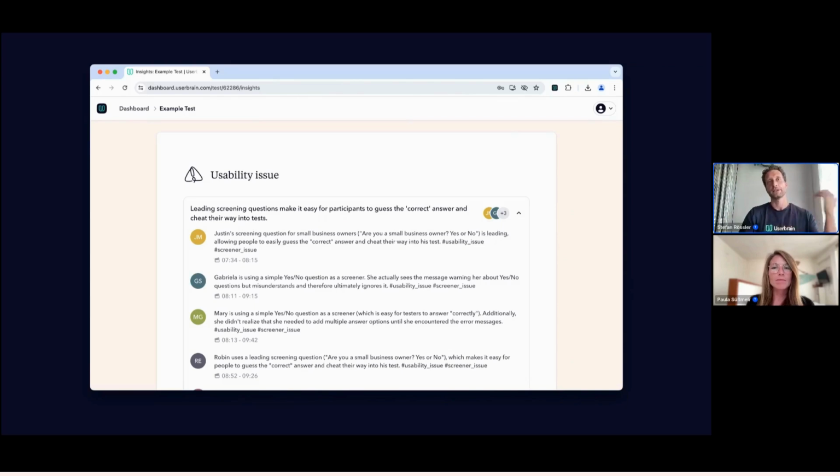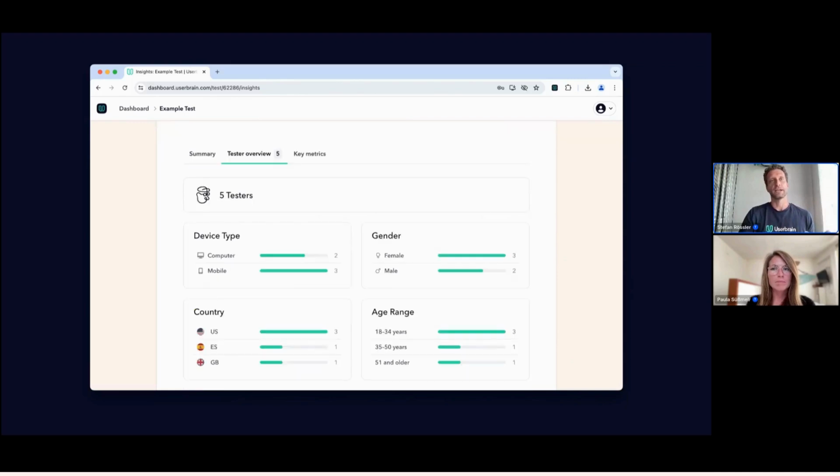And then just to finish up, on the same page, when you go back up to where the summary was, there are 2 different tabs. One is the test overview, because that's something people always like to see in their tests. It's something nice for presentation, or if you share it with your team, just to see a little bit of graphical distribution of who the testers were, their age, their country, and so on and so forth.